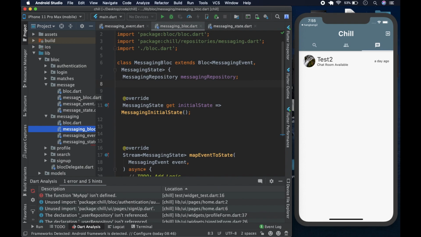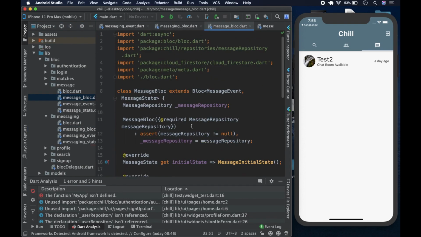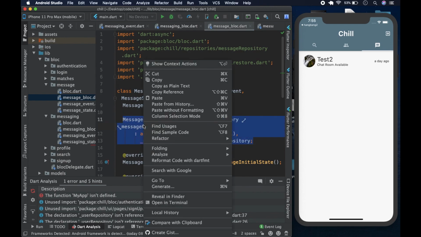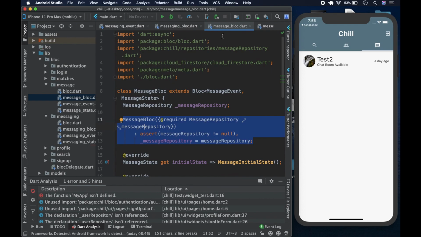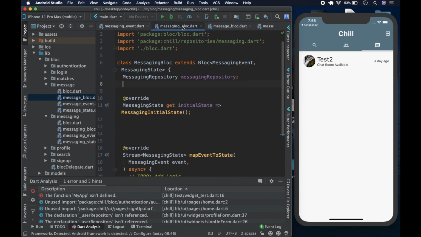Let's just get it from messages. We come up here and copy this, and remember there's a difference between messaging repository and the message repository. Messaging handles the chat, right?